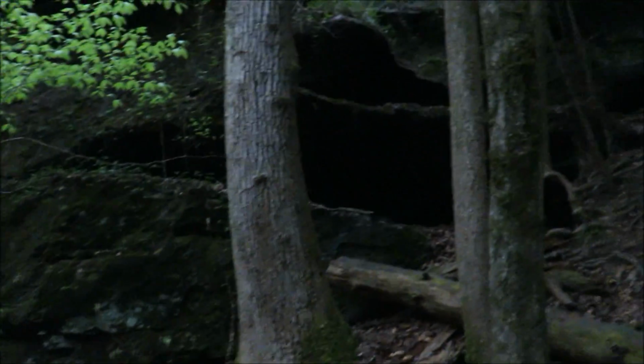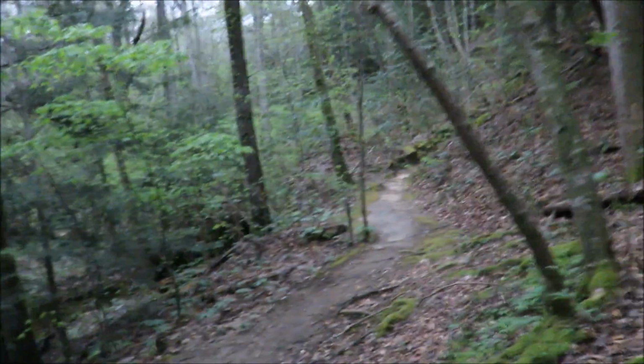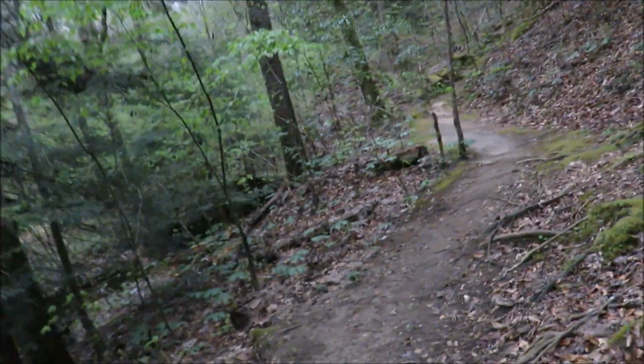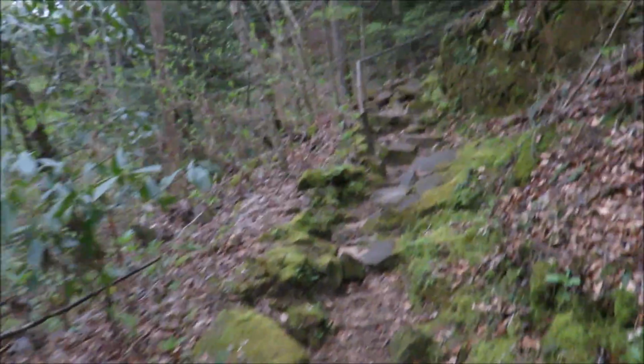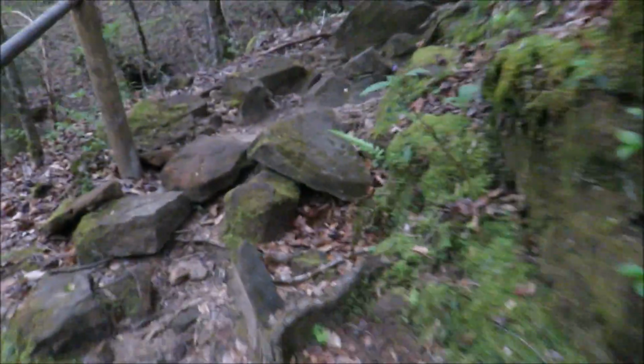This takes me back to when I was a kid. I was raised in Texas, and we had 600 acres of land. It wasn't like this. It wasn't beautiful like this. But here's some more little smaller caves, not big enough to stand in, but certainly interesting. But I used to hunt and fish, and my good buddy that I grew up with and I would go hunting all the time, and we had 4 spring-fed ponds, but again, it wasn't anywhere near as beautiful as this. Things just didn't have that much, I guess I'd call it texture. All of this is just texture everywhere. Ours was just woods and pretty much flat land, and some streams and stuff, but nowhere near this